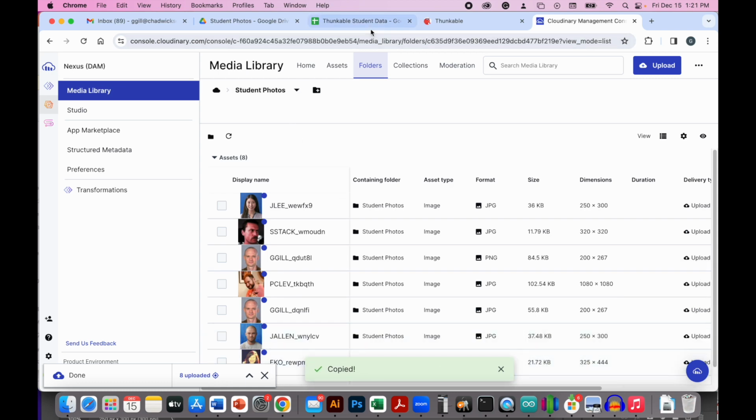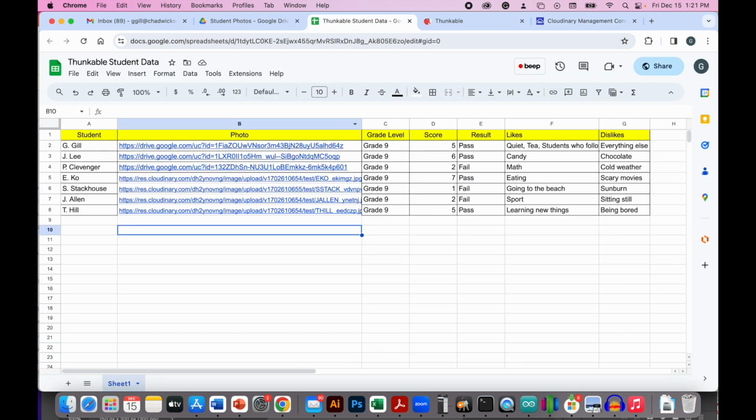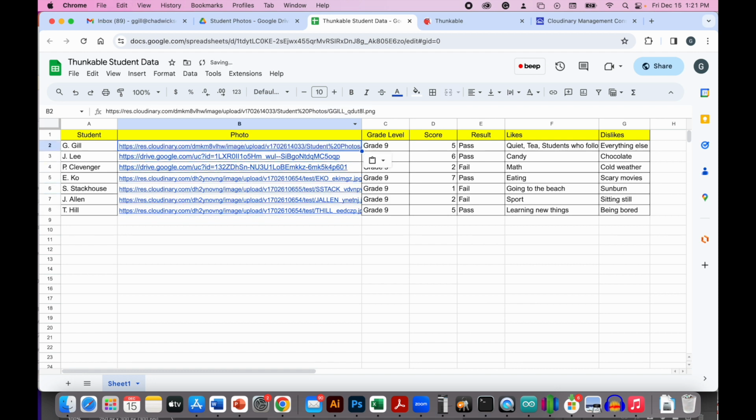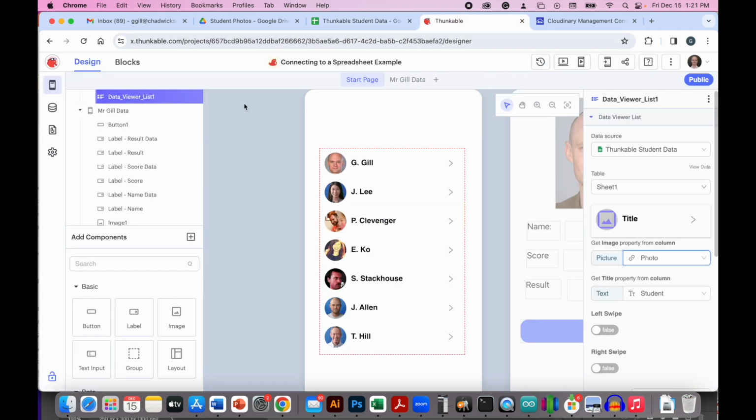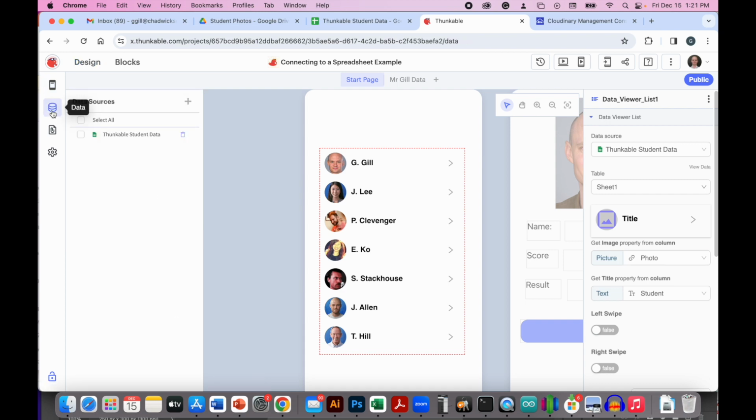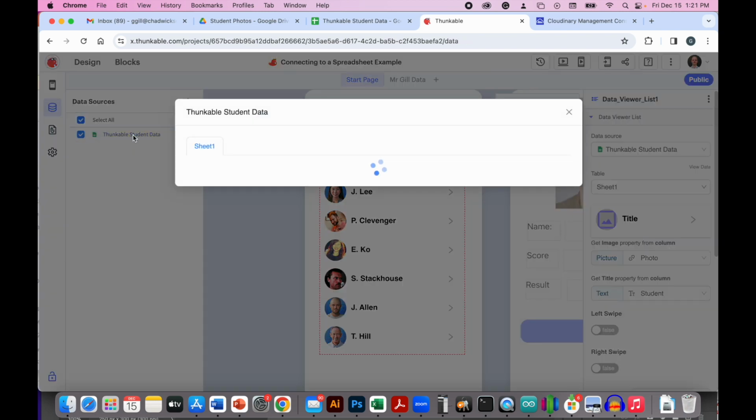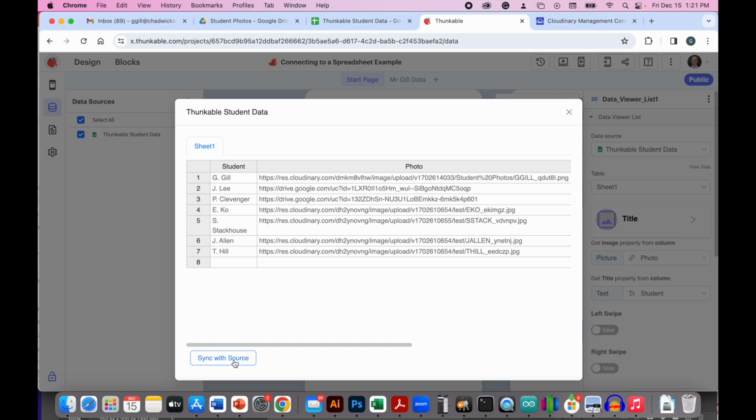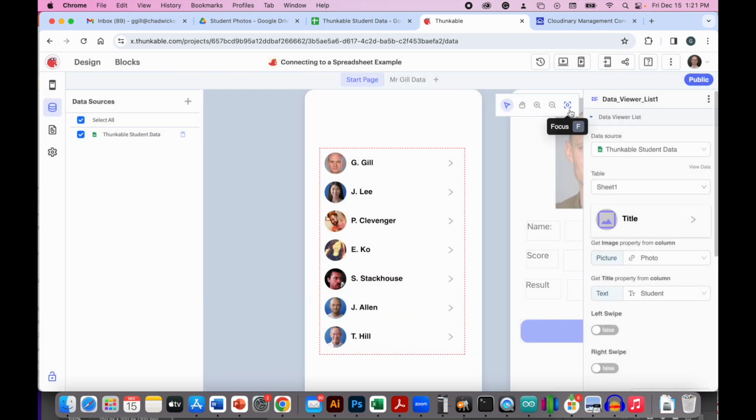And what you can do then is go to your spreadsheet, and instead of using a Google Drive link, you can paste in the Cloudinary link instead. Then go back to Thunkable, go back to data, click on the spreadsheet name, sync with source, close that window, go back to the designer,